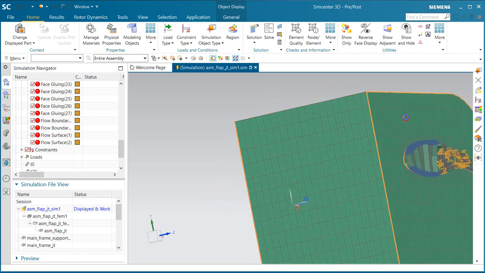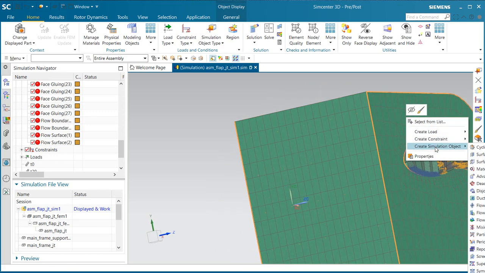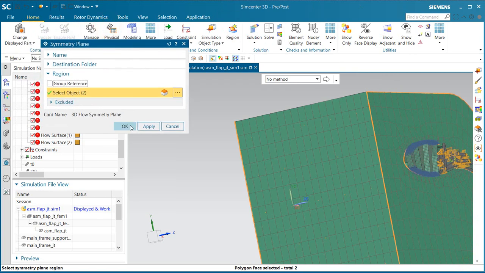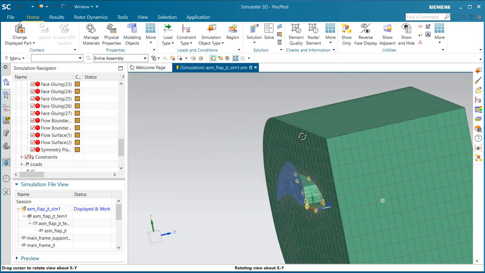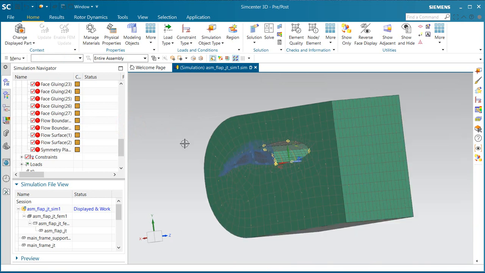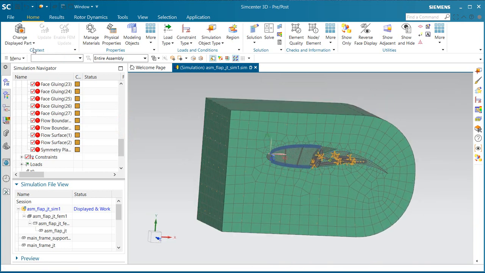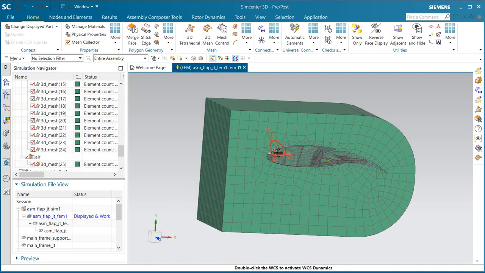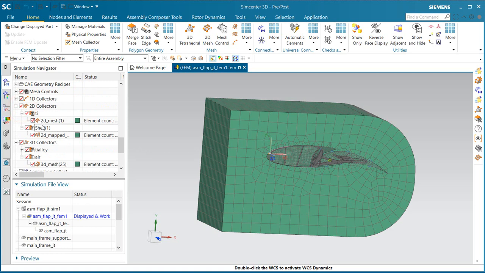All right, so next we'll go ahead and select the 2 sidewall faces, and we'll specify a symmetric symmetry plane for the flow. All right, then we'll save, and we're almost ready to solve, but we forgot, I think, one thing with our